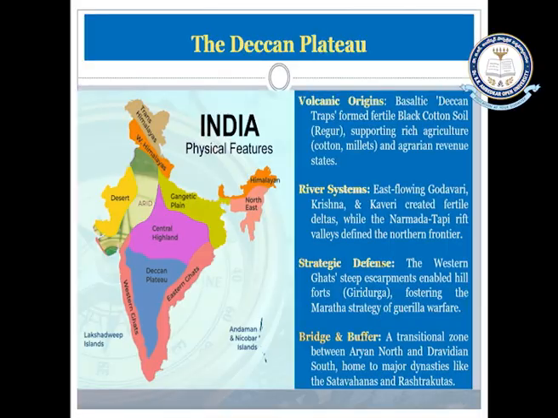Below the Indo-Gangetic plains, if we come to central India, we have the Deccan Plateau. The Deccan Plateau is the most stable land mass in India. It is made of basaltic rock and emerged as a result of volcanic eruptions millions of years back. That is why this area is considered the most stable area, and that is why we do not have any earthquakes here, unlike the Himalayas.